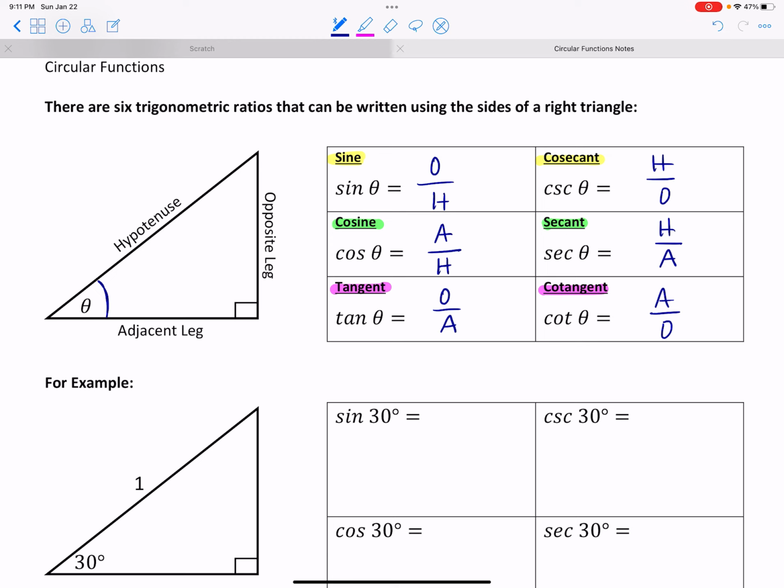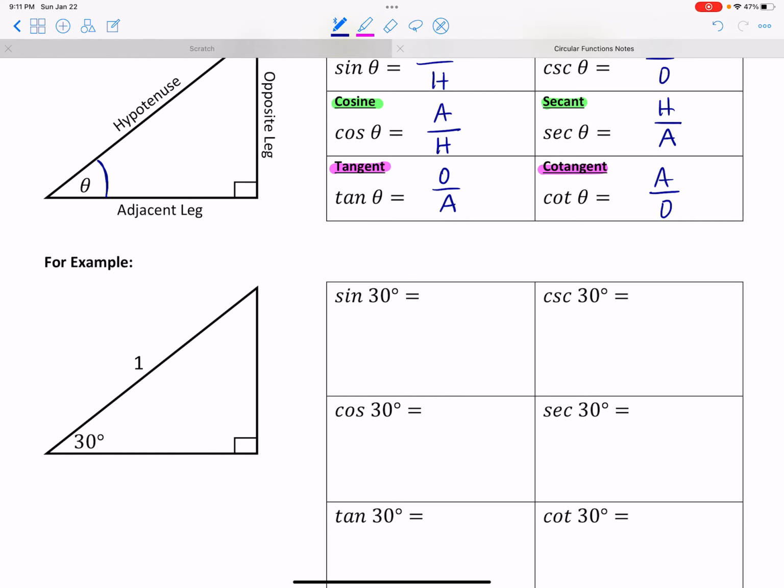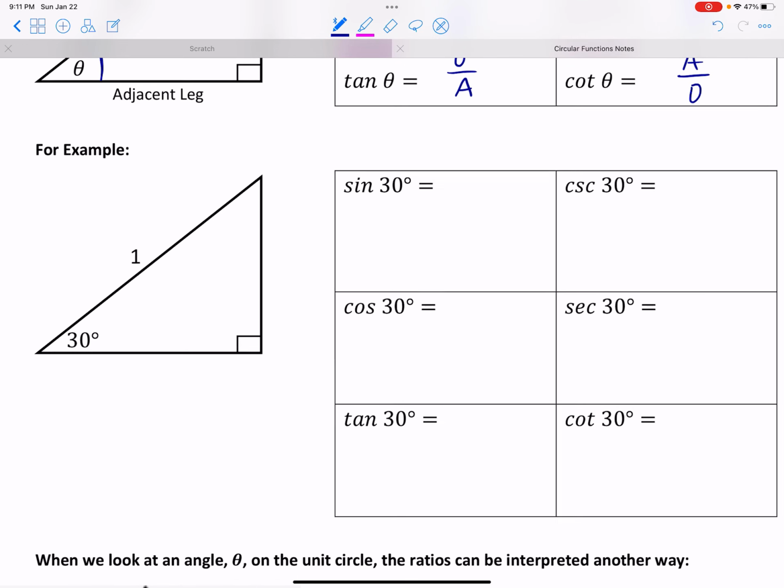Okay. Now, when we're looking at a right triangle where our hypotenuse is 1, remember we saw that connection to the unit circle with the radius length of 1, we can calculate some exact measures. So let's just try writing these ratios. Again, the sine of 30, which I'm hoping we know because this is one that comes off of our unit circle. The sine for 30 degrees, if we didn't, also we could find the missing sides here using the pattern of our 30, 60, 90s. So we know that this shorter leg is going to be half of the hypotenuse, and then the longer leg would be that shorter leg length multiplied by a radical 3, so this ends up being a radical 3 over